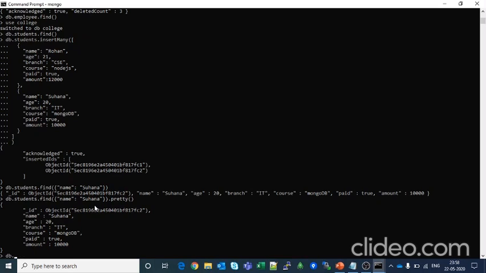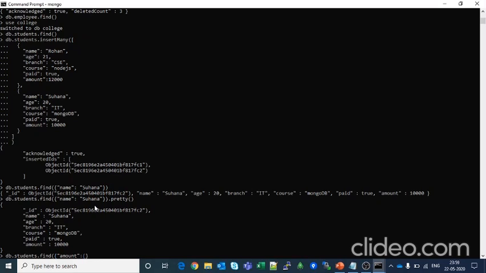Here we will pass amount and see some other operations like greater than.